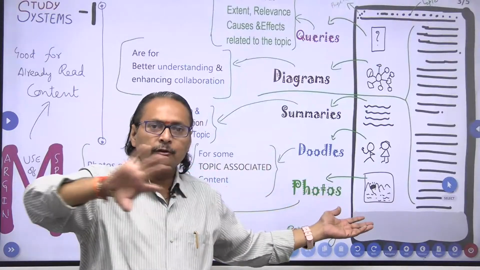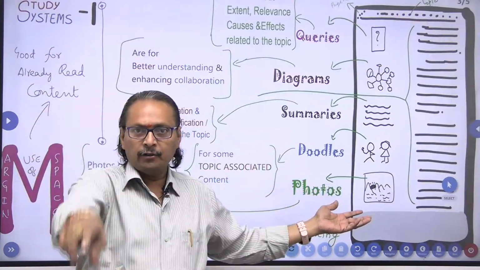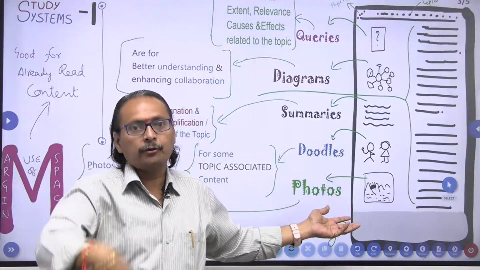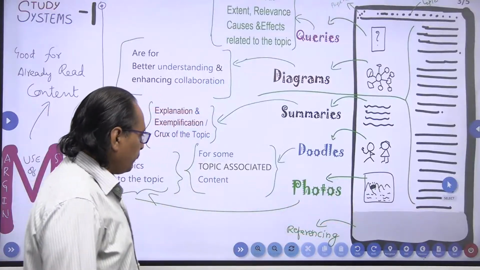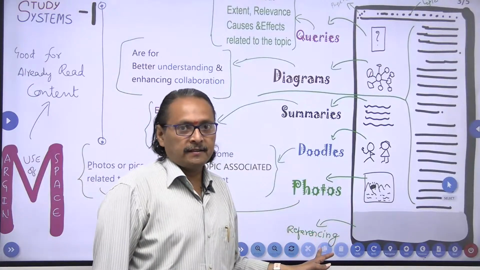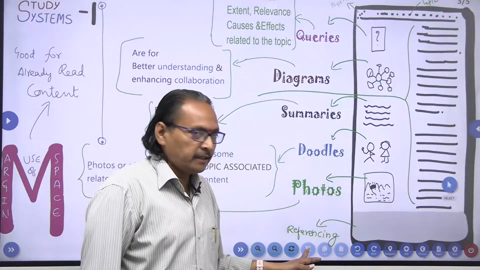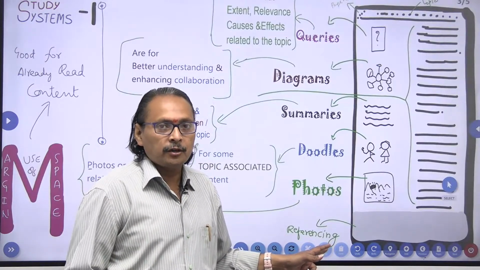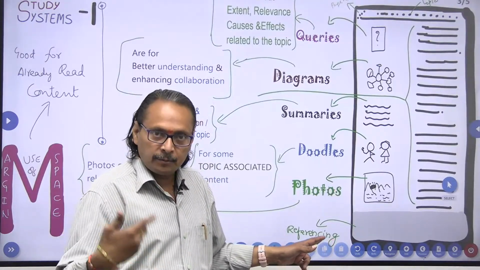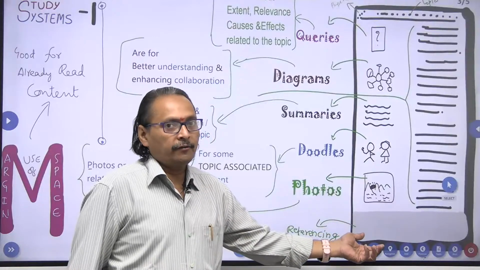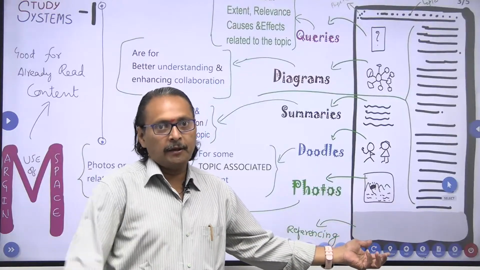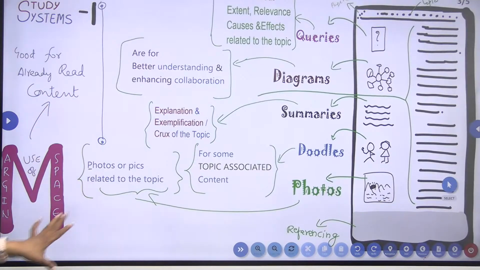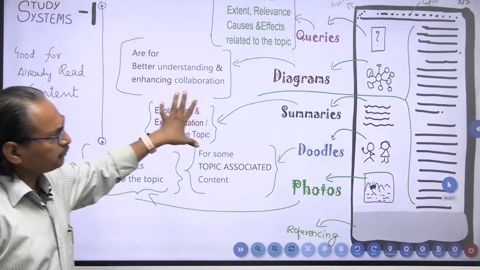And of course, you can also bring some photos and images there, and you can fix them there. From the internet you may download what is not in that particular book, and you can incorporate it there. And of course, you can write referencing. This is all for advanced learners, especially this. You can also write some references, especially when you are preparing a thesis work, or when you are writing a research paper. This would definitely be useful to you. At the end of the page, you just write some references that also would be helpful to you. So that is how you are also going to do this.